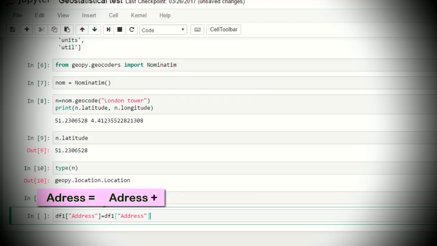The new field will be address, and address will include information from separate fields. It will be address plus city, plus